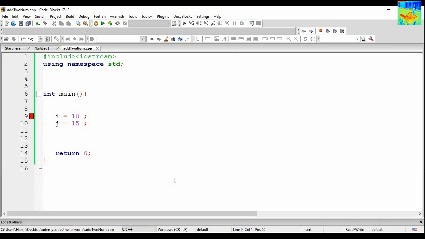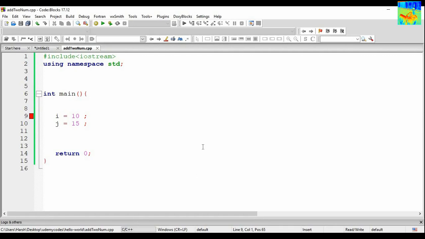Okay, see, if I want to store some data in my brain, I have to do nothing special. I just need to say, hey, please store 10, and it will be stored somewhere in my brain. Similarly, hey, store 15, and it will be stored somewhere. But to store data in a computer, we need to do something extra. Okay, so let's see what extra work we have to do.